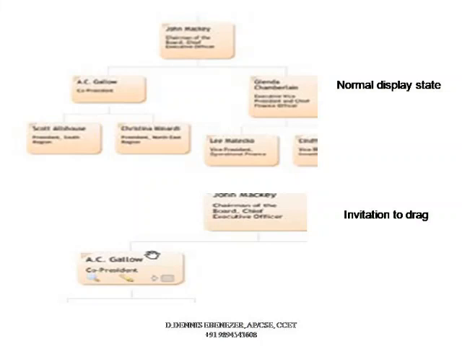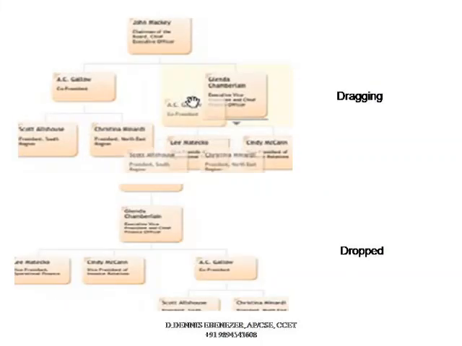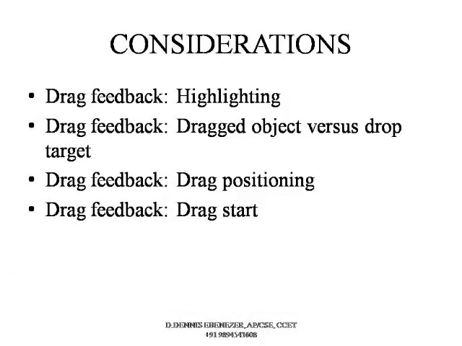All other objects which cannot be dragged will not have the invitation to drag. Similarly, when you want to drop the dragged object, the place where it needs to be dropped will also be highlighted. Unless it is highlighted, that object cannot be dropped in the particular place. So after dropping the object, the final relationship will be as displayed in the example.